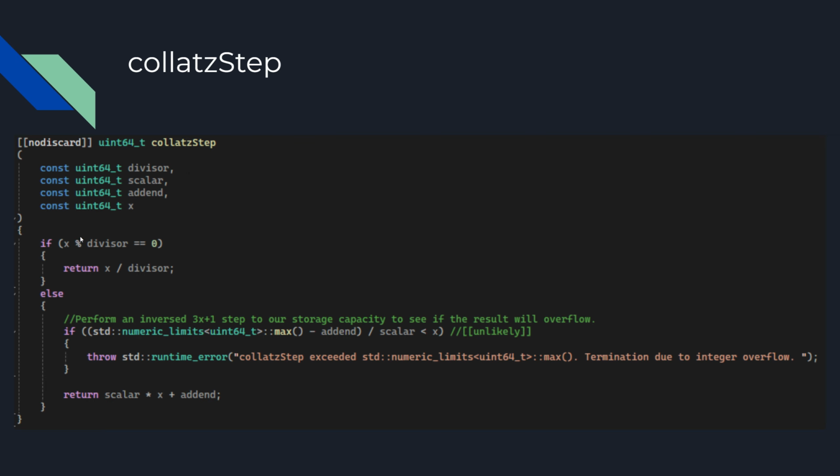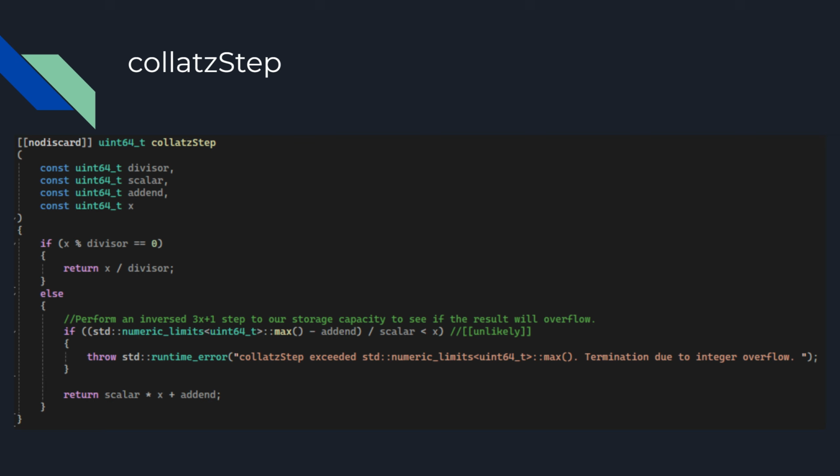We're taking in this x input, and we're checking if it is divisible by saying, if you divide it, does its remainder equal 0? If so, it is divisible, so we're taking the input, dividing it by the divisor, and returning that. Otherwise, we're going to go through that 3x plus 1 branch. However,